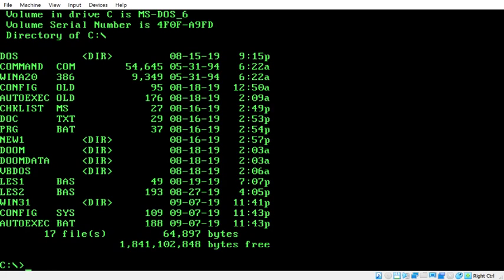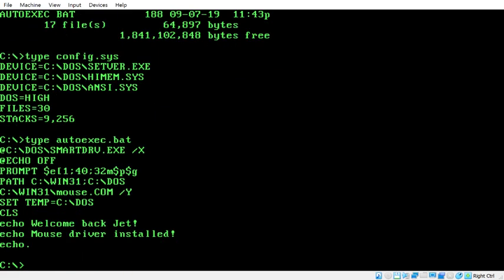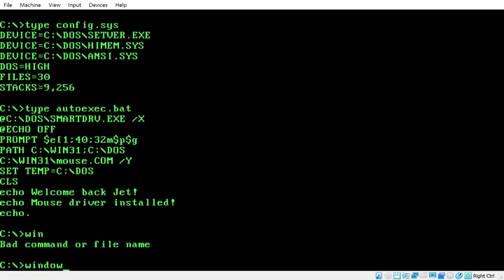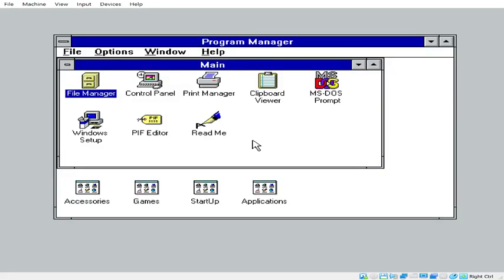So now that we have Windows installed, you can see it's edited our config.sys file, and also edited our autoexec.bat file. Not entirely sure what it did. Oh yeah, it added Win31 as a path, and also installed the mouse driver. But we run Windows. Huh. Oh, maybe we need to run autoexec for it to be included, and then Win. There we go. So now we're inside the Windows 3.1